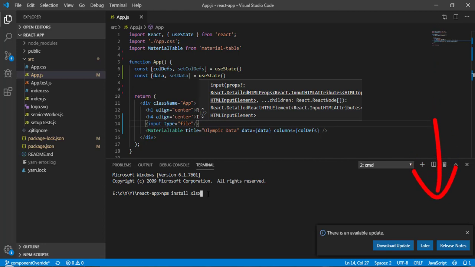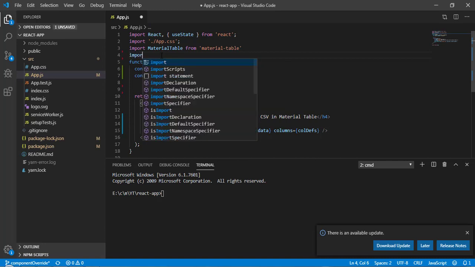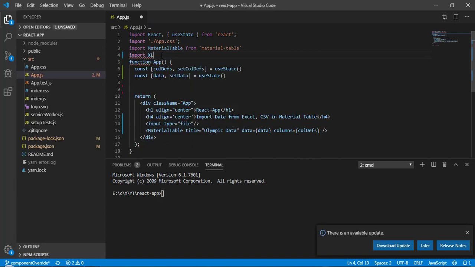You can find this package in the description of this video. I have already installed it, so I am not going to do it here. Now what I have to do is import this, XLSX from xlsx. Okay, now it's done.